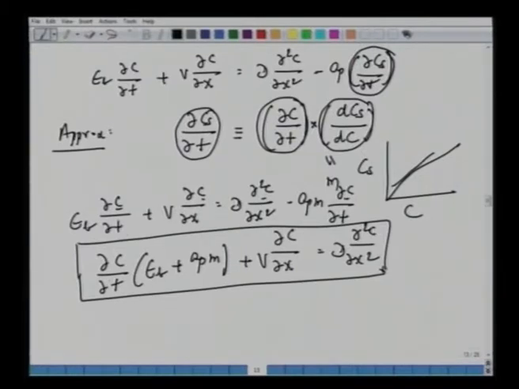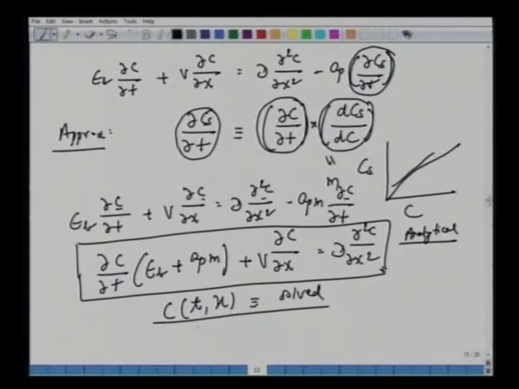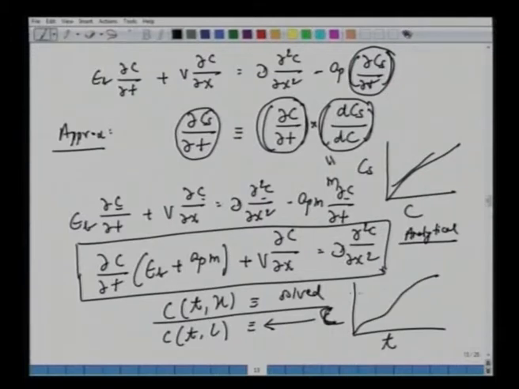If we solve numerically or analytically, mind you, there are some analytical solutions available for this type of partial differential equation, we will get an expression for c in terms of t and x. So this can be solved here. Essentially when we have these expressions, we can have c, t and l, and we can plot or predict the exit concentrations, which is nothing but c t at l. That will be our response curve for different conditions for varying x and y.